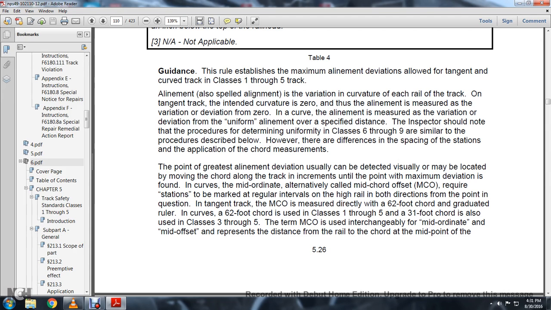The mid-ordinate alternative, called the mid-chord offset, requires the stations to be marked at regular intervals on the high rail, in both directions from the point of curvature and the point of tangent. The mid-chord offset is measured directly at the midpoint of the 62-foot chord,